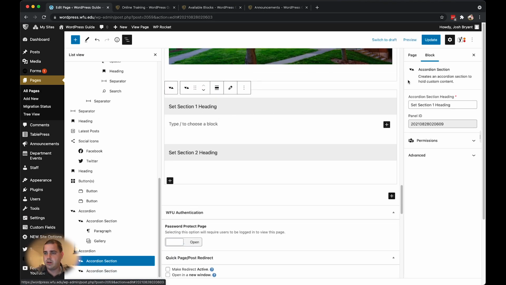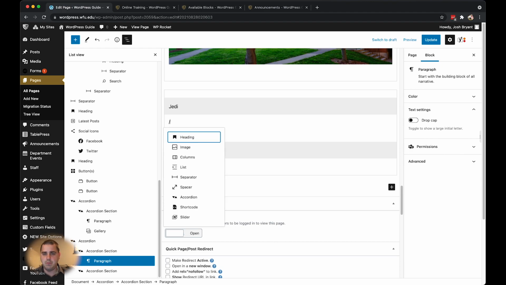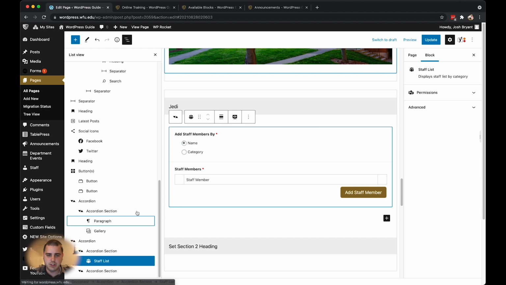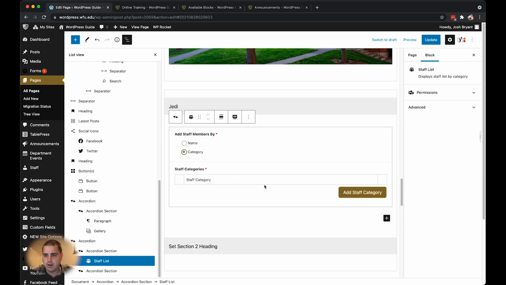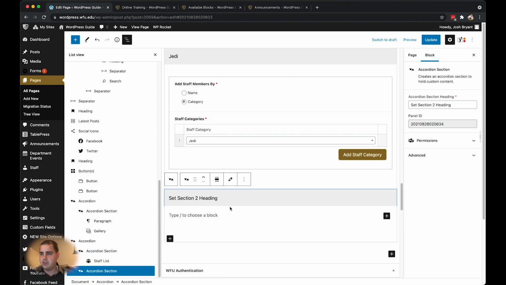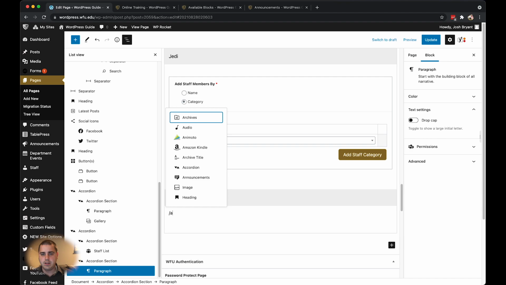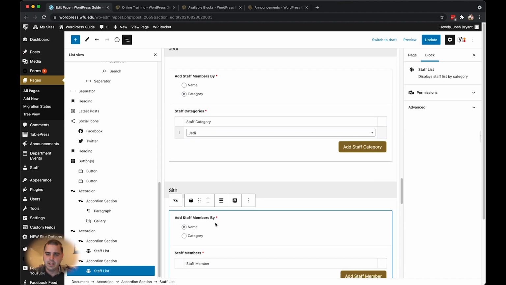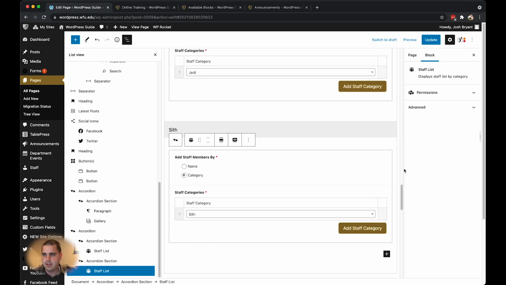So if I go to the accordion block, I want to pull all my Jedi, and then I'm going to, in here, say I want my staff list. So if you look here, it's just an accordion block with a section with a staff list inside. Category, I want my category to be Jedi. And then down here for heading 2, I'm going to call this Sith. The block is going to be another staff list. Category, and the category is going to be Sith. Now if I say update,